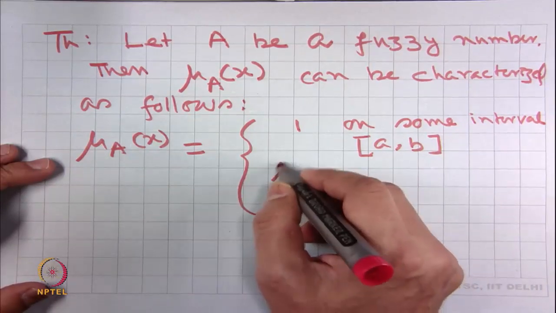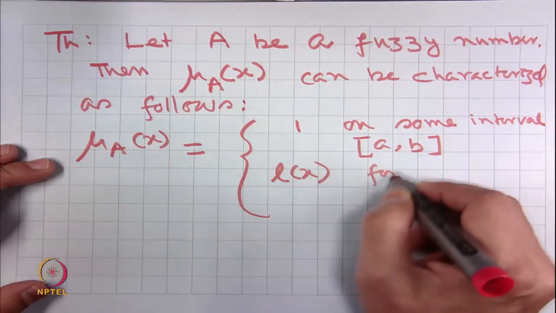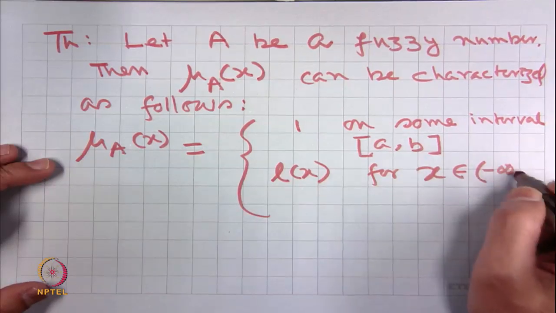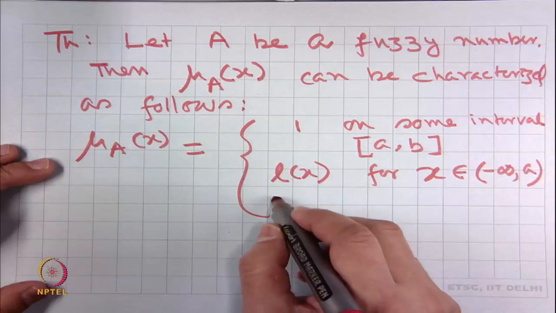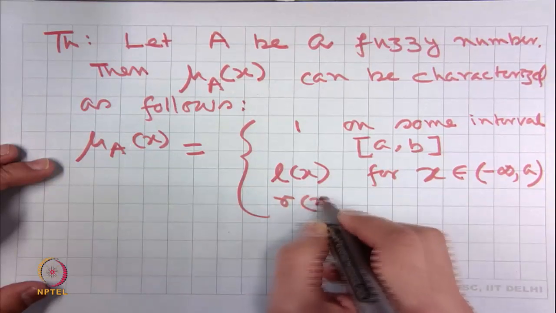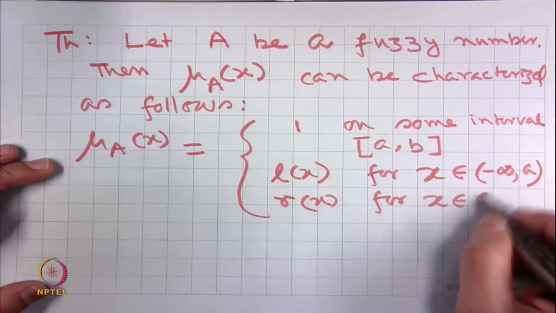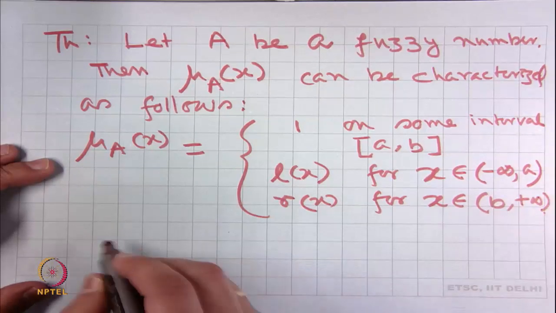It is equal to a function L(x) for x belonging to minus infinity to a, and R(x) for x belonging to b to plus infinity, where